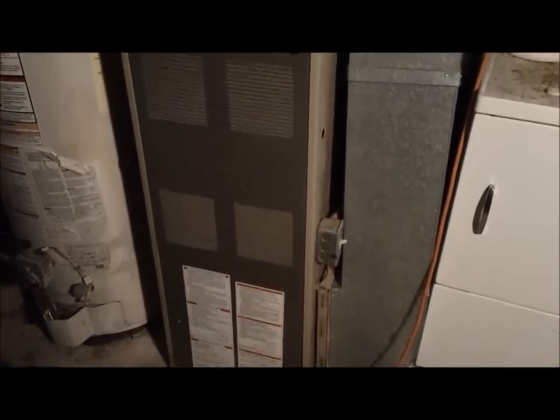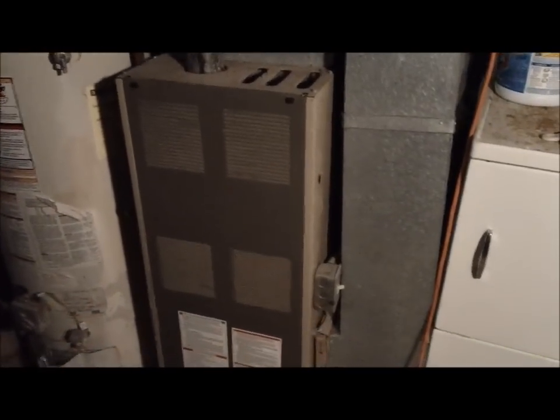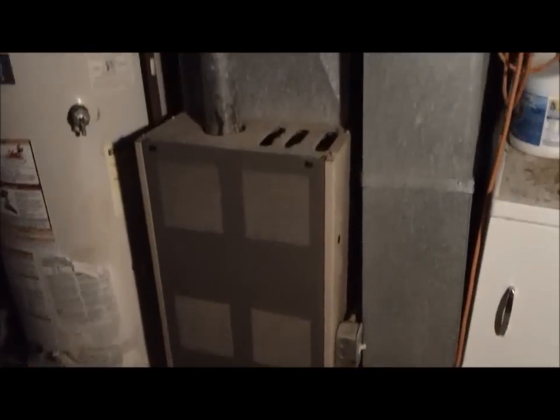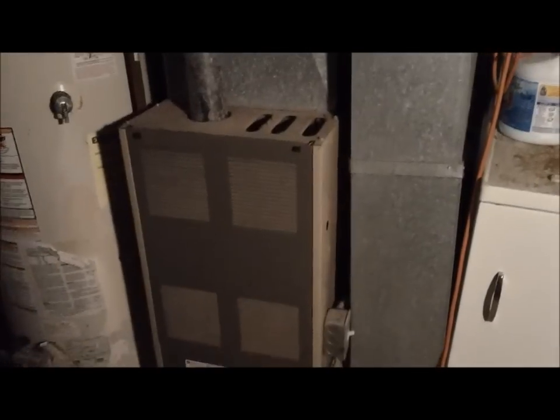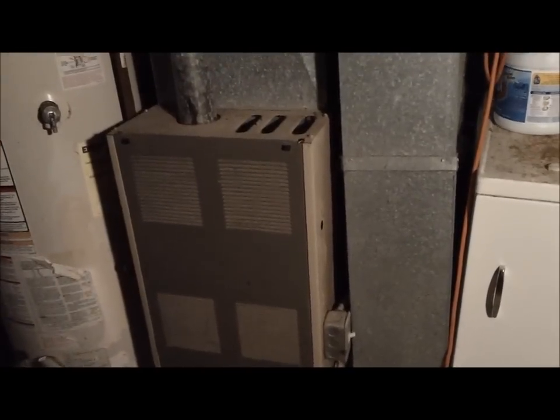And first thing we did is put a wood burner in, and then we added this furnace. Now, 15 years ago, this furnace, I believe I paid like $400 or $500 for it. It's probably a little out of date, but to be honest with you, it doesn't really run a whole lot. Being as old as it is, this thing's still pretty new. I mean, I have gone through it and changed a few parts on it, but for the most part,